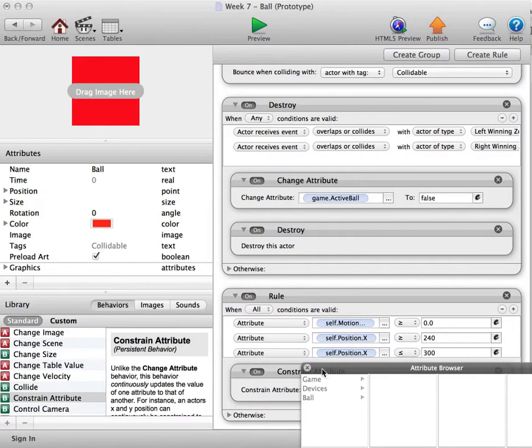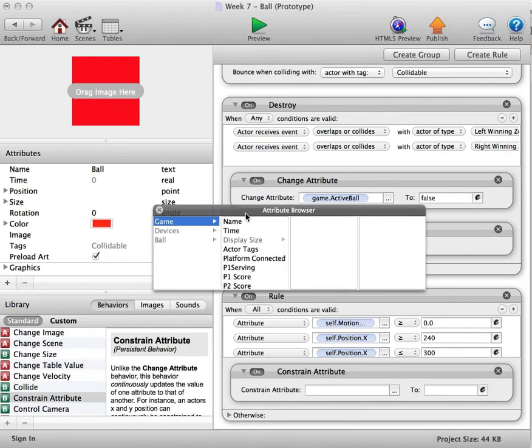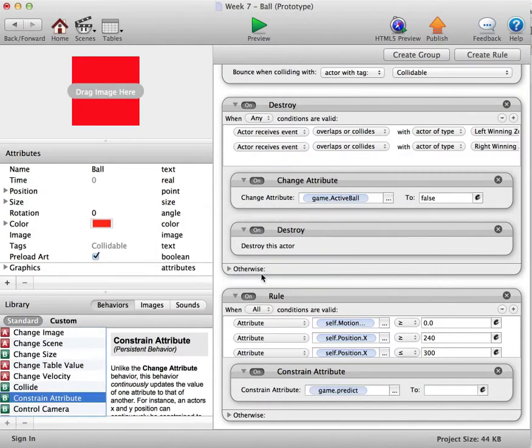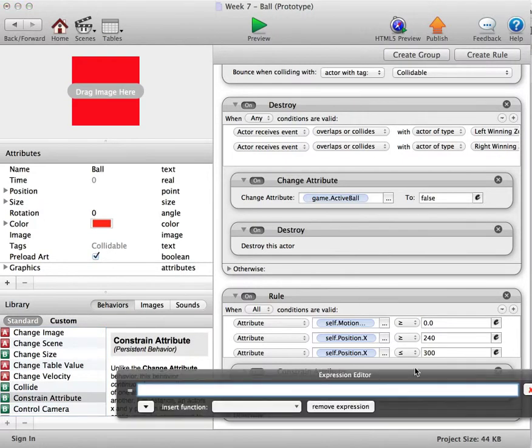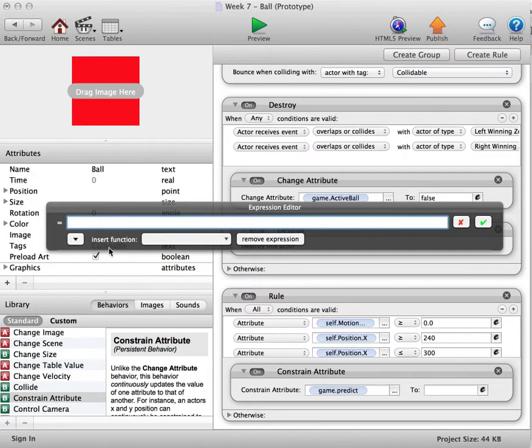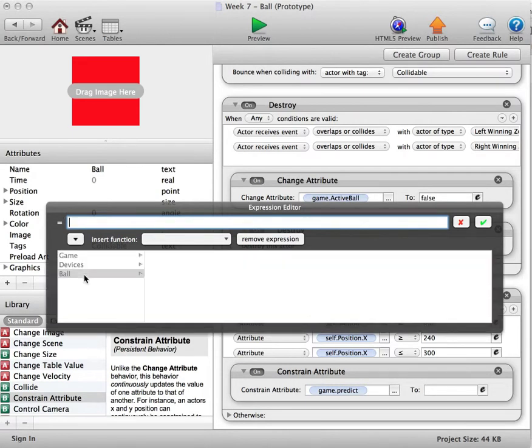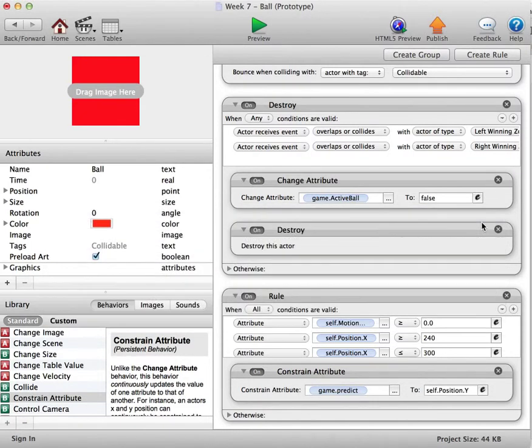Game predict to self position Y. Position Y, so that's for our movement, and that's excellent. Another change attribute,